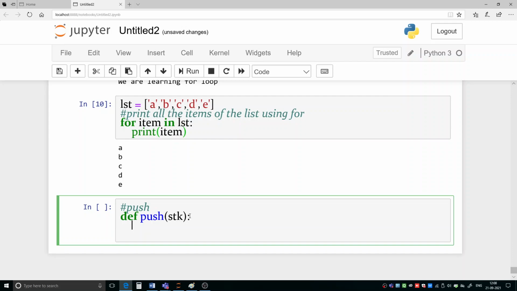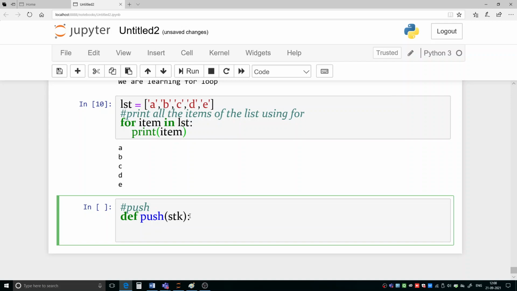So for pushing the elements on the stack, first of all we have to collect the elements. Okay. So collection of element can be done by taking input from the users. Or what you can do, you can pass the elements to be pushed in the stack as a parameter to the function also. So first let us do by collecting it from the user.